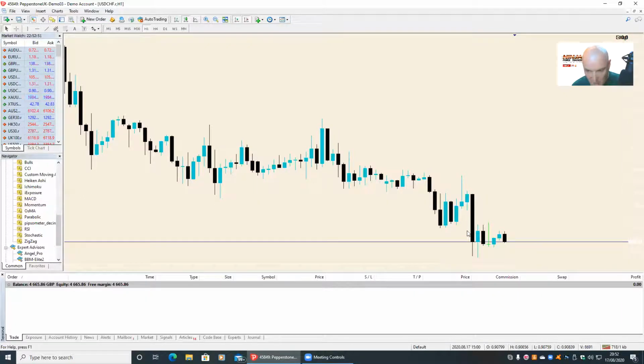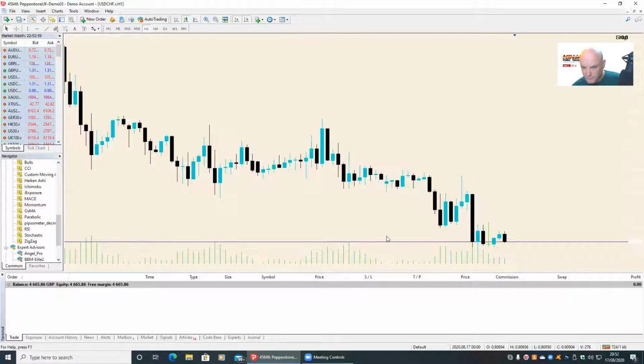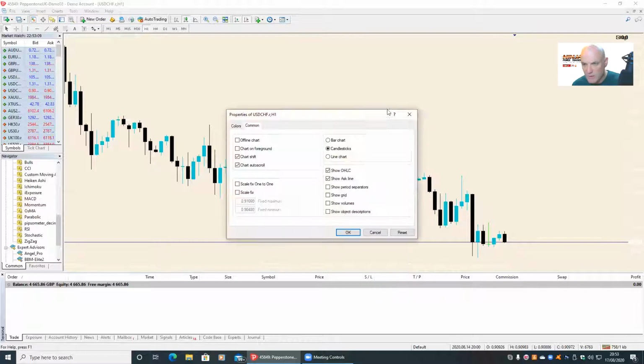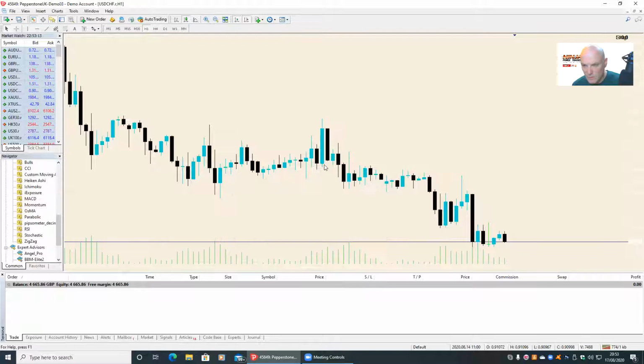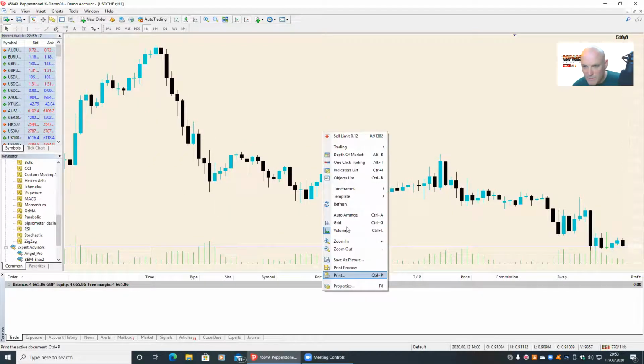Okay, again, from there we are going to go to this thing called the dojis. We're going to go to volumes. We'll get rid of that in a moment. Got all this written down, guys, because I was taking notes from something I was watching before. Right click, properties, show volumes, and then we go from there. Let's just take a look. So we just go into here,